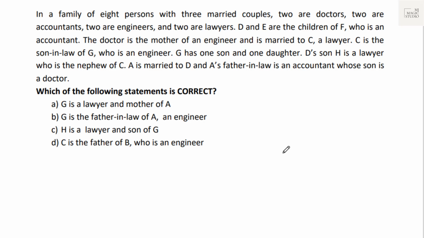There is no hard and fast rule to solve these. Read, draw the family tree. It's all logical. The more you practice, the more quickly you can find the logic in it. In a family of 8 persons with 3 married couples, 2 are doctors, 2 are accountants, 2 are engineers, and 2 are lawyers. D and E are children of F,